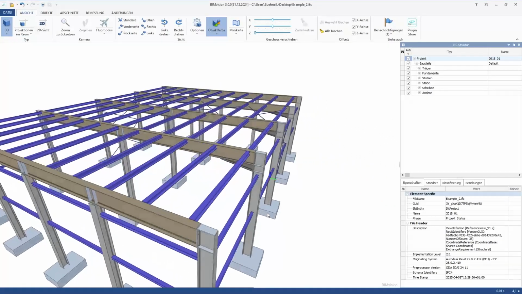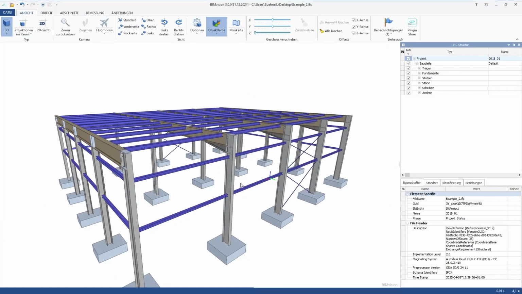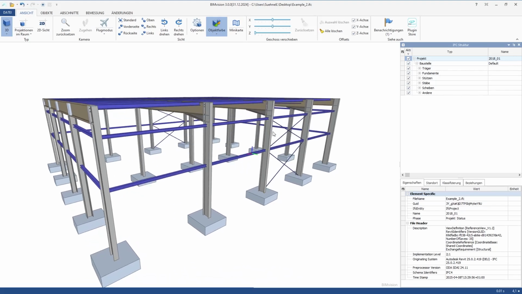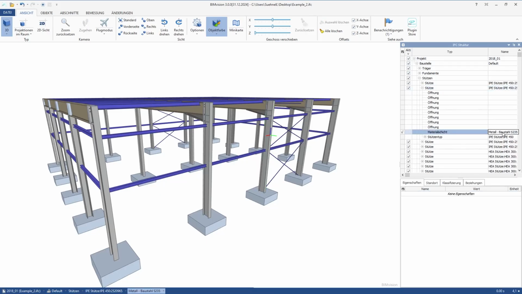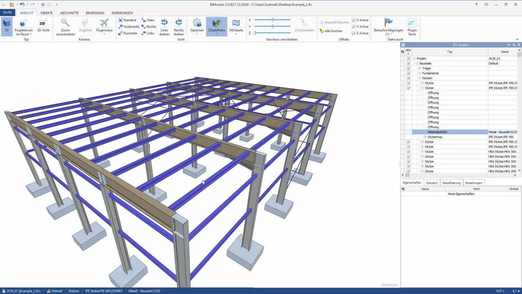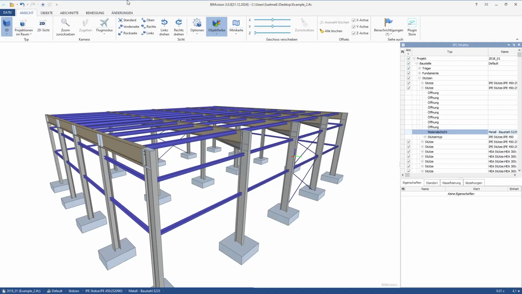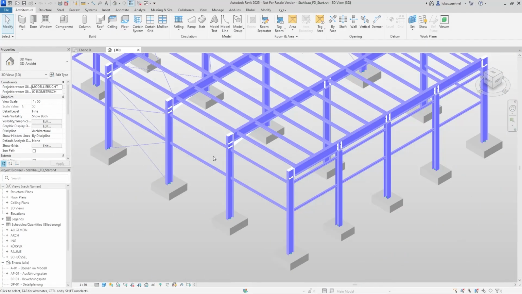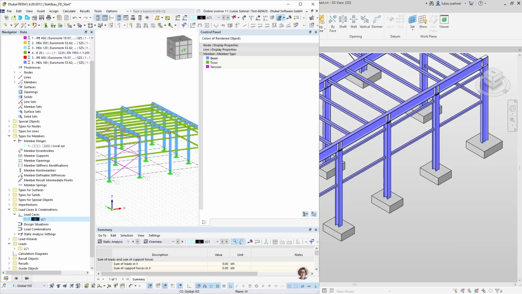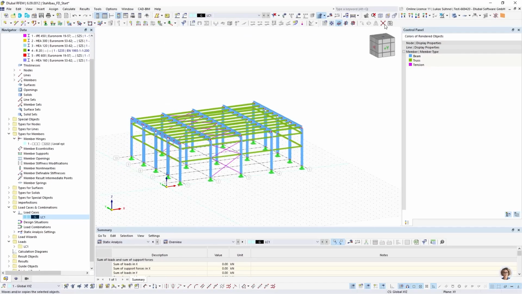Okay, so that has been exported from Revit. I can show it here using the BIM Vision viewer. Quite nice to handle. You can select the object. You can see directly the cross-section. If you open that, you can also see the material. So it's doing what it should. And I can import such an IFC file also in Rfem 6. So the alternative to the direct interface that I want to show is the data exchange via